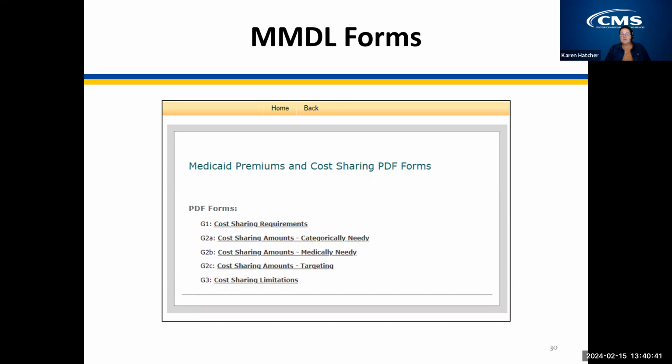This image shows what the screen looks like for premium and cost sharing. However, the screens for ABP forms look very similar. This is where you can look at and download the templates to review and understand what information is required to complete them, and to also complete them for an actual submission.